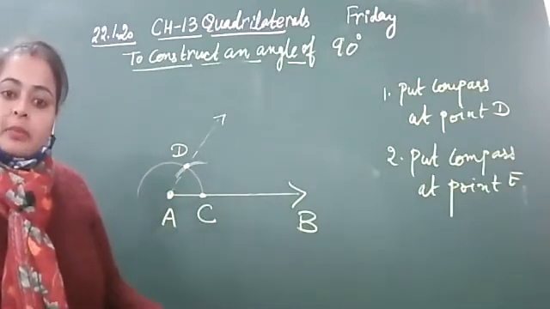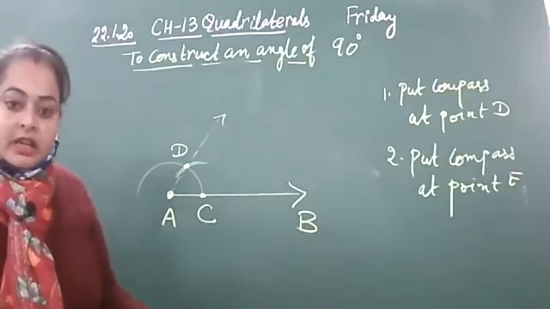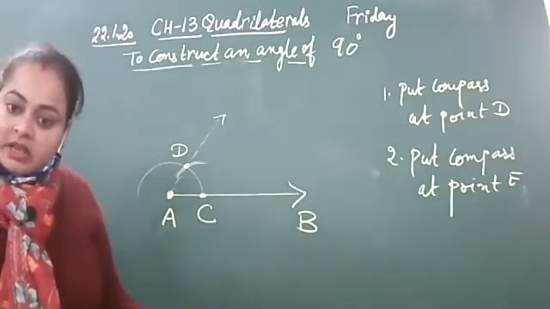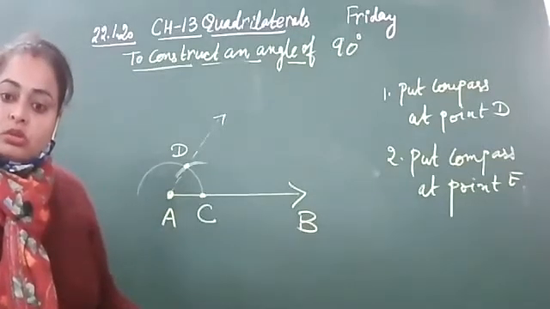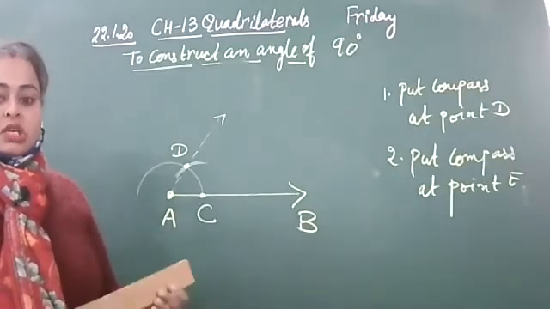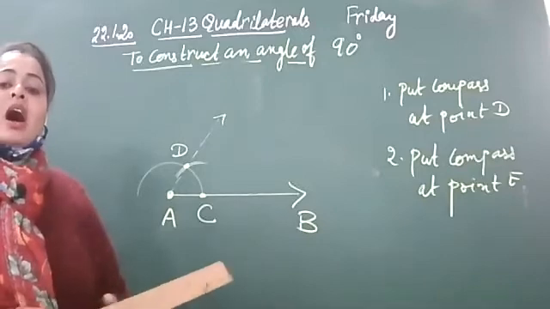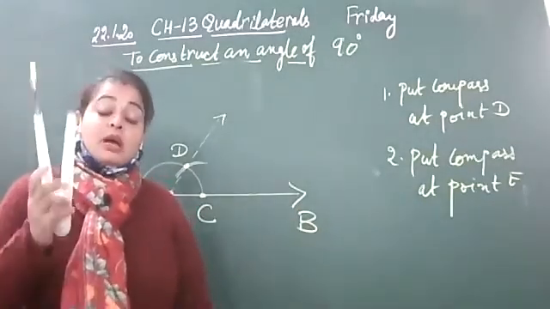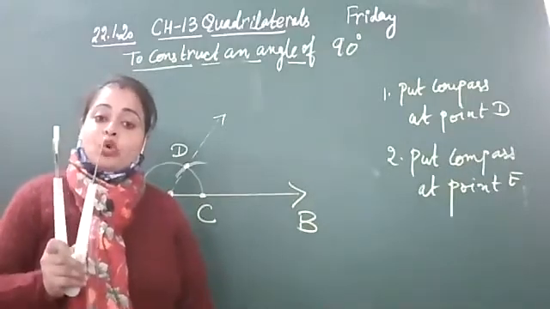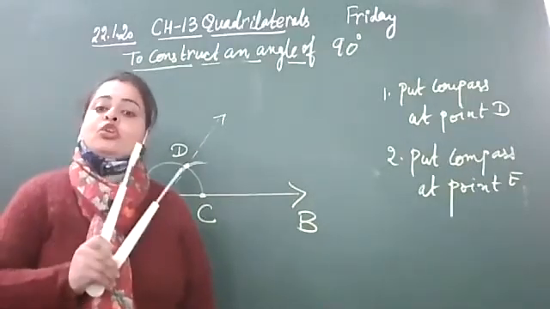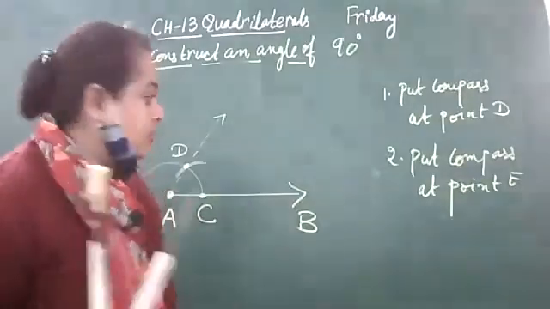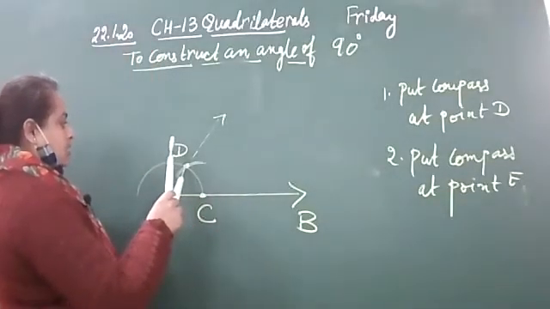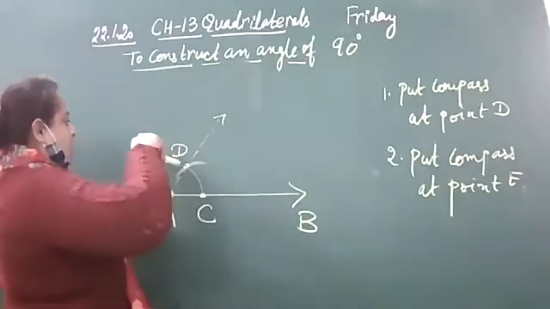If our requirement is not of 60 degree angle, our requirement is of 120 degree angle, then what will you do? Very good, Kinjal. Draw another arc from D. Yes, with the same size. I am repeating again and again. Once you open the compass, after that you will not change the size. Fine. Now, put your compass at D here and draw another arc.